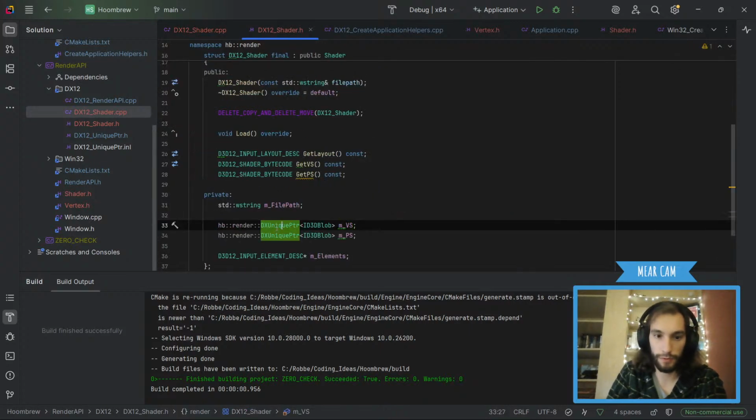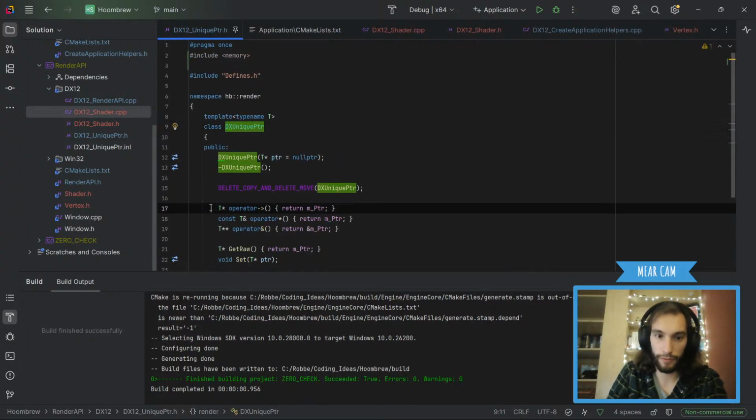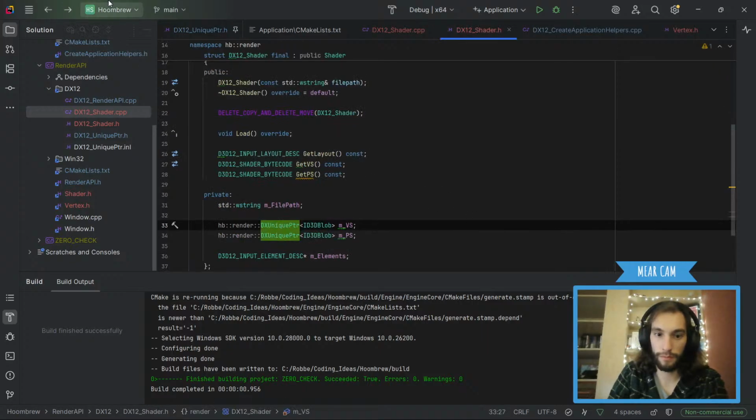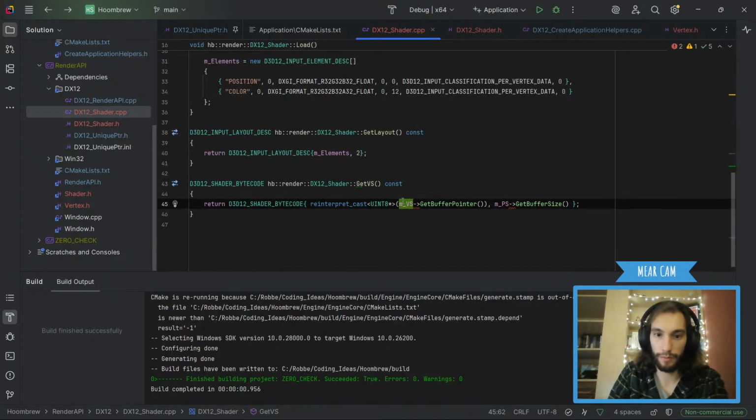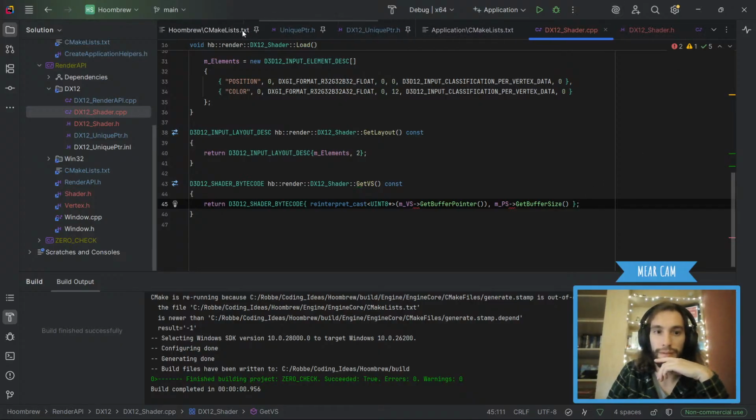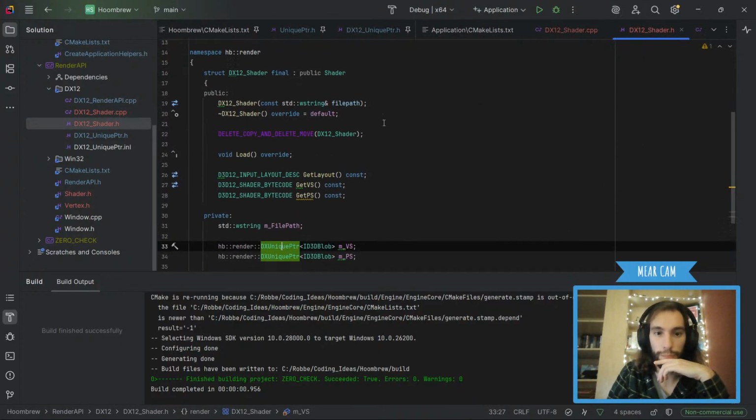So we do this, which returns the pointer, which will just be a blob, and then get buffer pointer and get buffer size. That should work, unless the blob is not defined yet, which is possible.